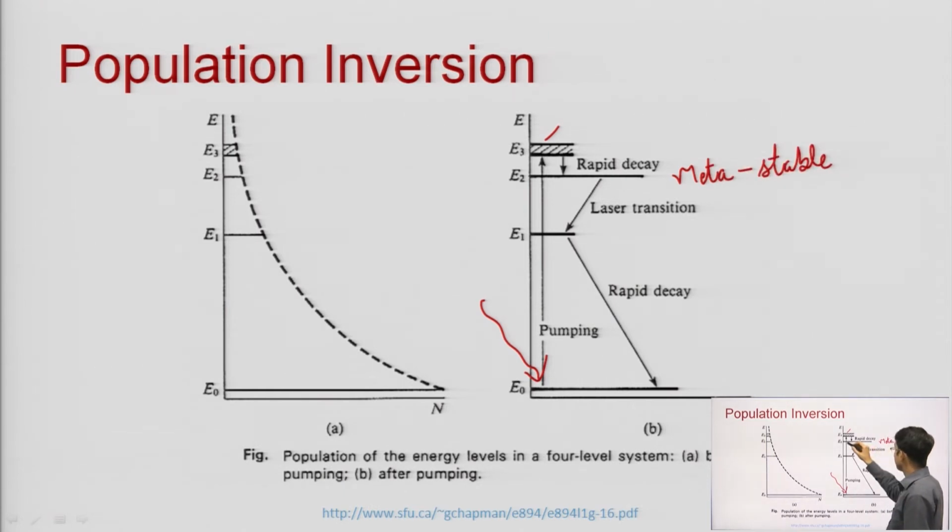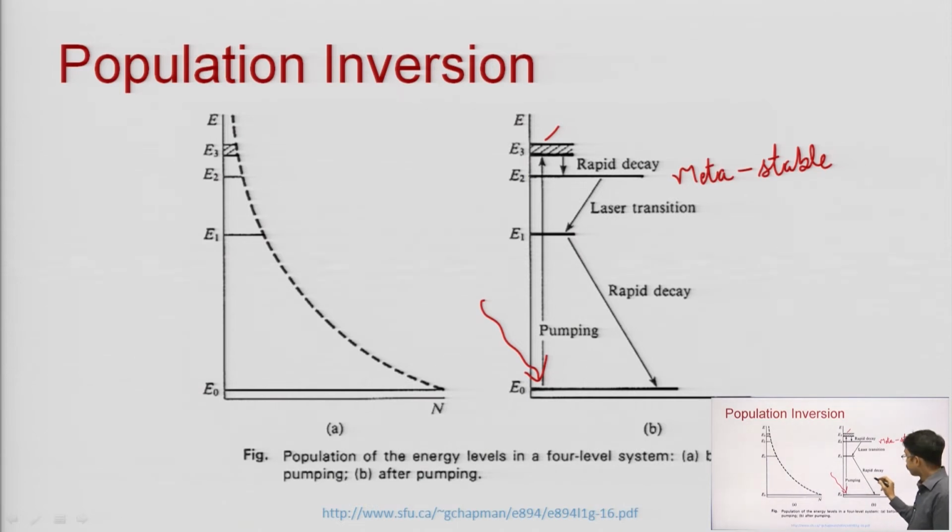So, we have achieved population inversion between these two levels. When an electron from the E2 state jumps to the E1 state, we get a laser photon, lasing action, and through rapid decay the electron will jump from the E1 state to the ground state rapidly, again a non-radiative